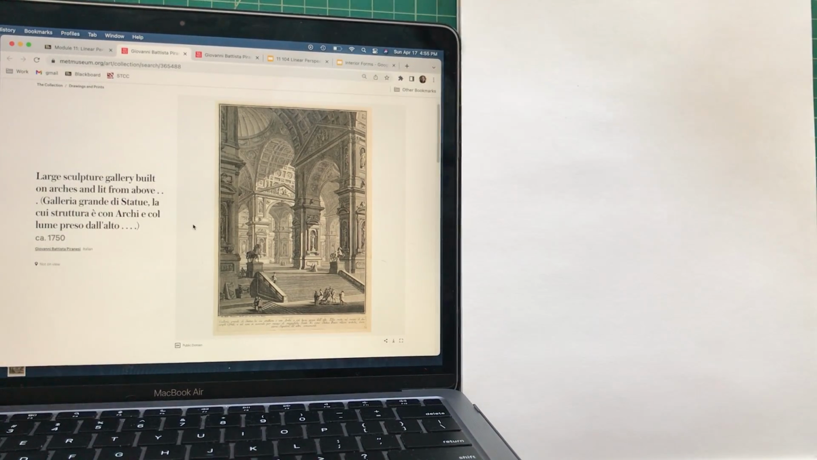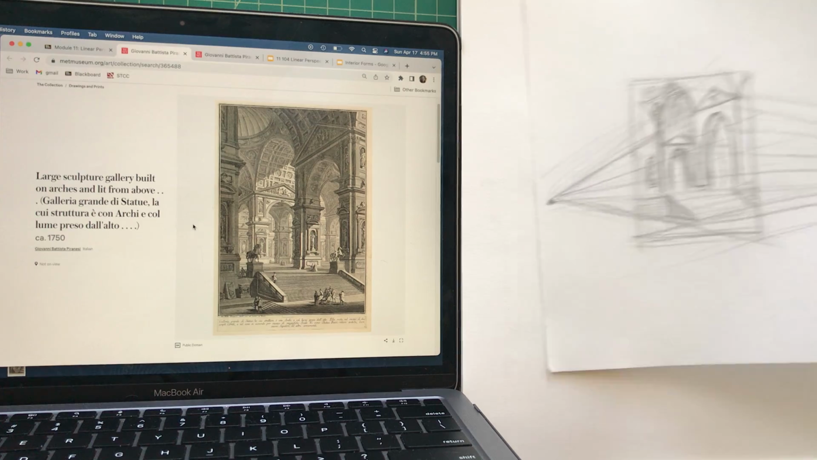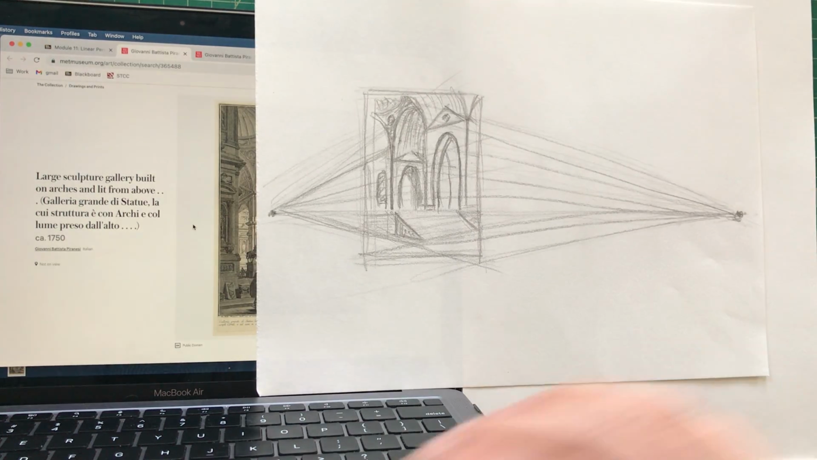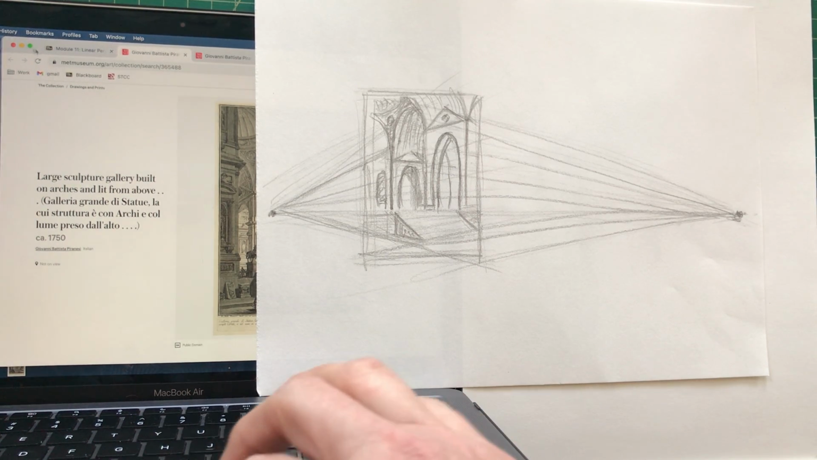So, where did my other example go? Oh, there we go. So, here's the drawing. And if we try to figure out where the vanishing points are,